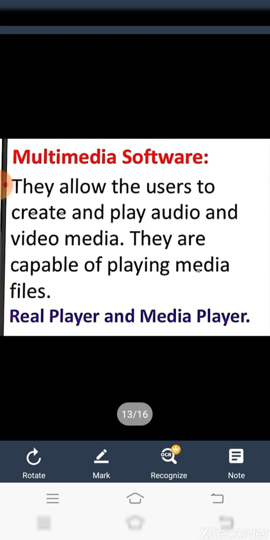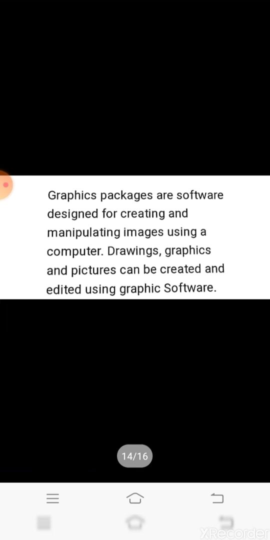Multimedia software. Multimedia software is used to create videos, animation, sound, graphics, text, etc. with a high degree of interaction. Some examples are game software, Windows Media Player, Windows Movie Maker, etc. Now another type of general purpose software is graphics software.